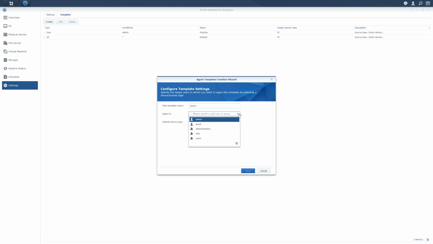Then apply to is the users. So let's say that you have a specific group for the marketing department. You can just choose marketing, and then it will do all their backups the same way. If you attach the NAS to a domain, that would populate in the area, and you could do your different groups there as well.